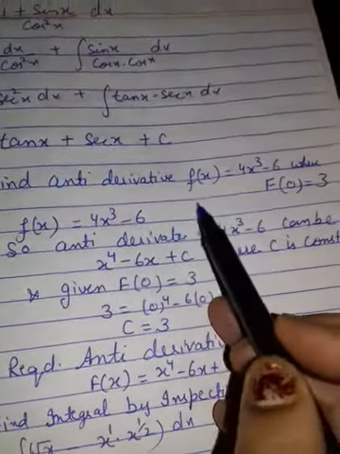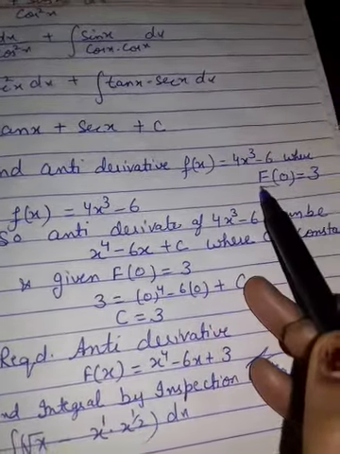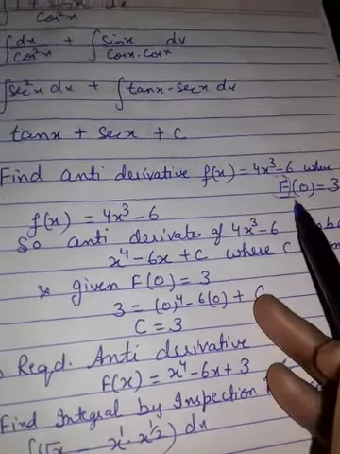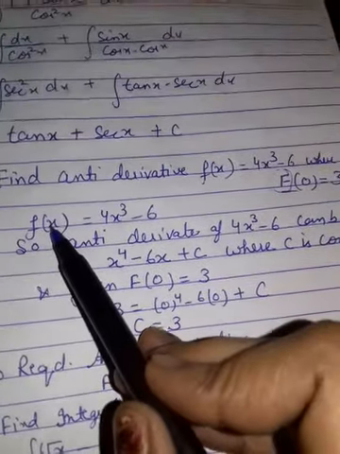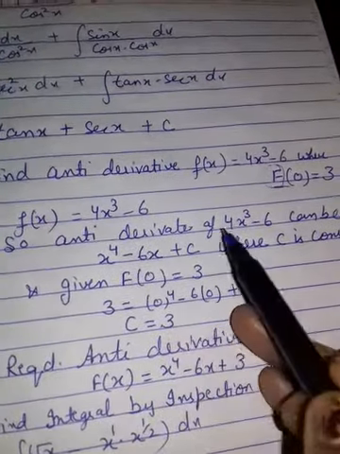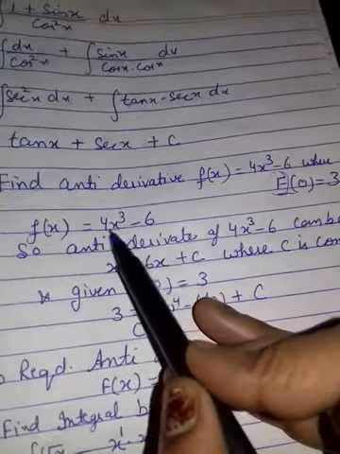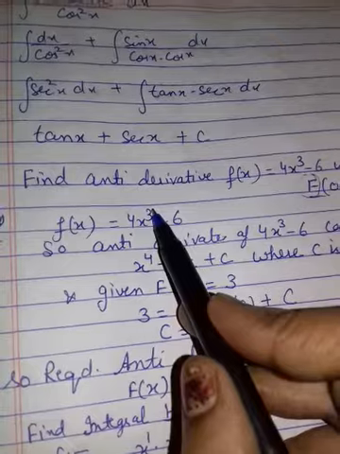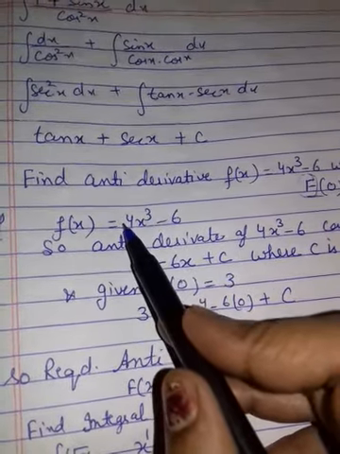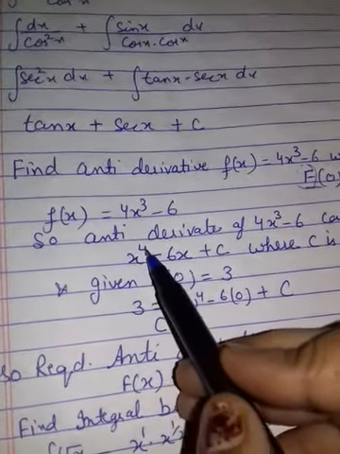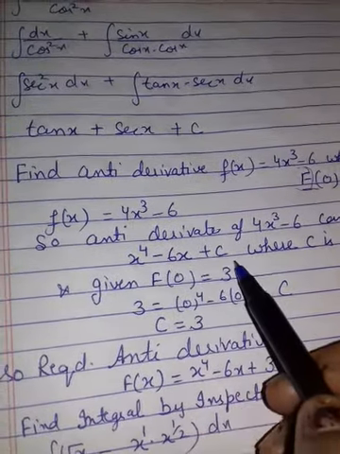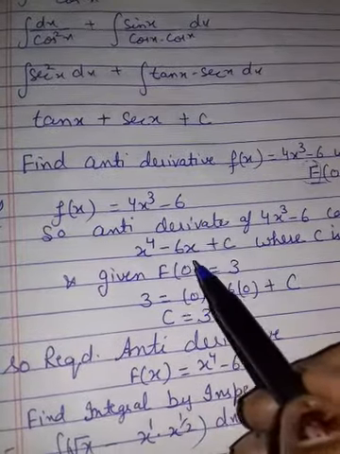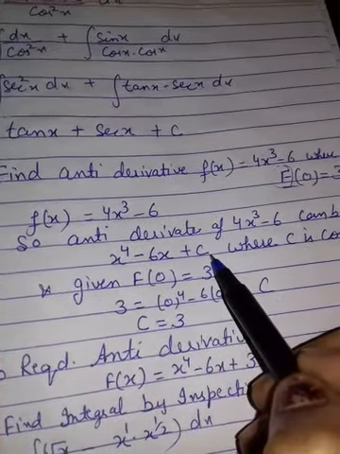Find the antiderivative of f of x, where f of 0 equals 3. This is telling you that the derivative f'(x) is given. So what number is making it? How did the 4 come? In the derivative you reduce its power, so first take it as the base. So x raised to the power 4 minus 6x plus c will be there of course. Whenever you take its derivative, you get the same, and the constant becomes 0.